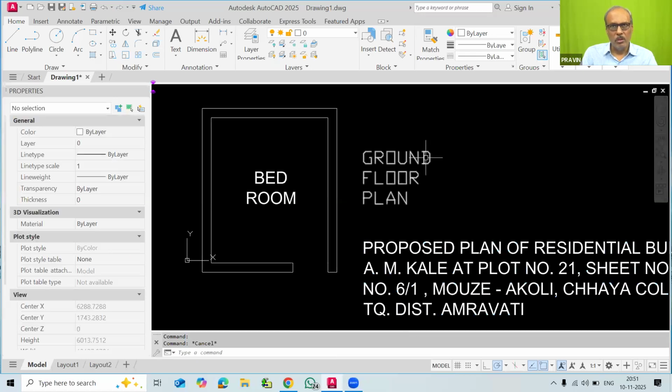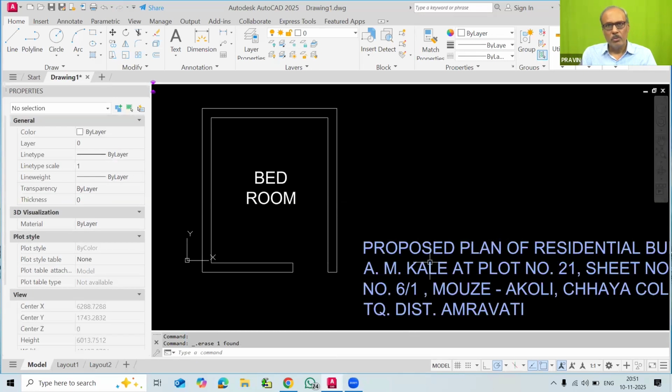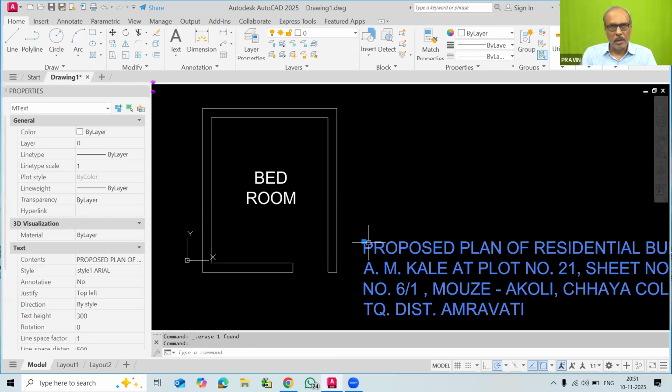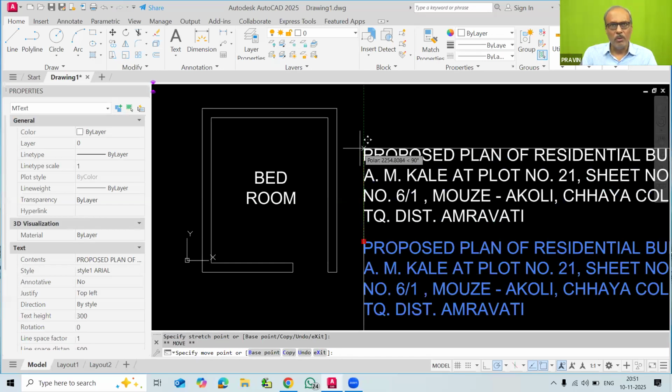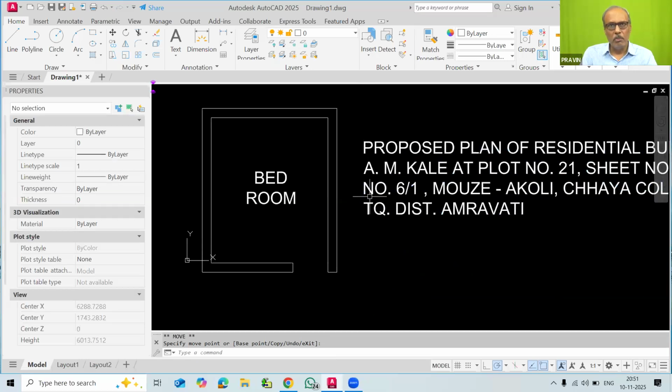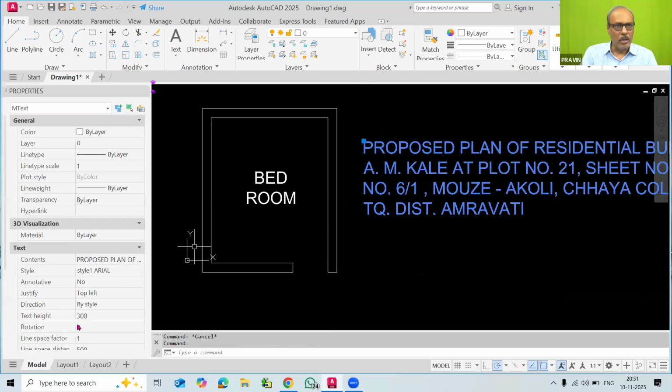Yes. And now this is the original text that we will delete. So in this case, you have to again remember that I am also editing this text by using the grep. And remember that the text height that I have taken is 300. Here you have to remember the text height you have to take 300 minimum.